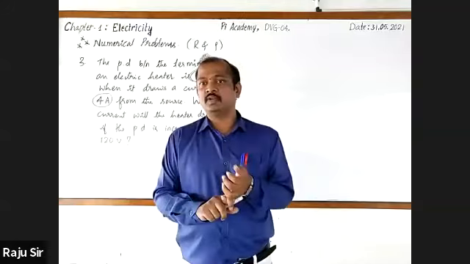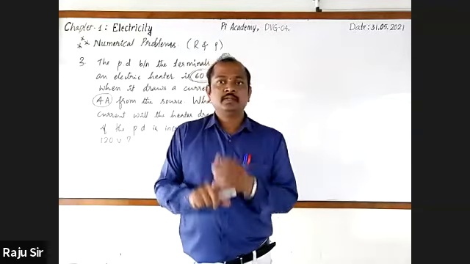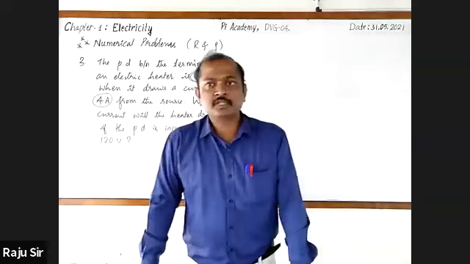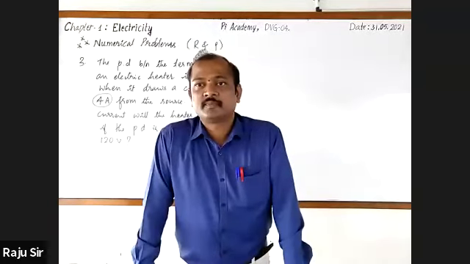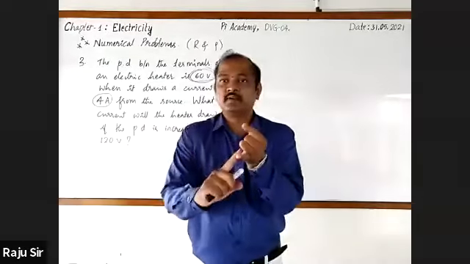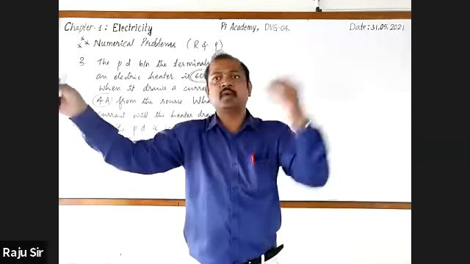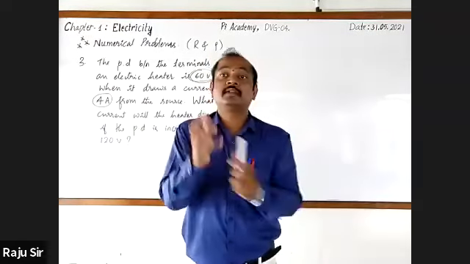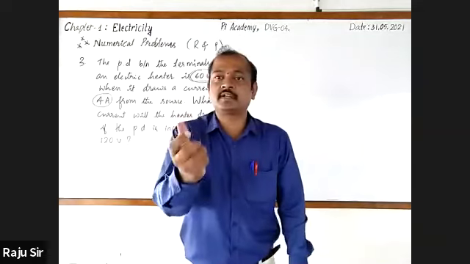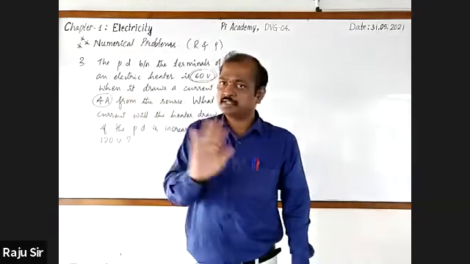You have calculated. It's good. Answer to my question: which physical quantity remains the same? R, resistance. Now, wherever you connect the electric heater, 60 volt potential difference, 120, 180, 200, the resistance offered by this electric heater will be the same. Electric resistance is the same, it does not change.